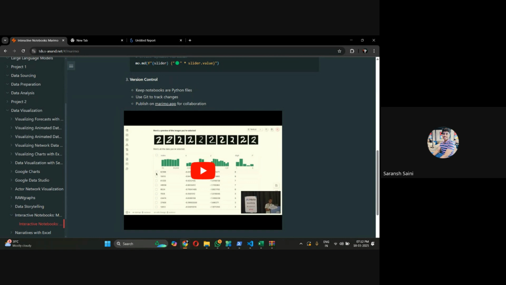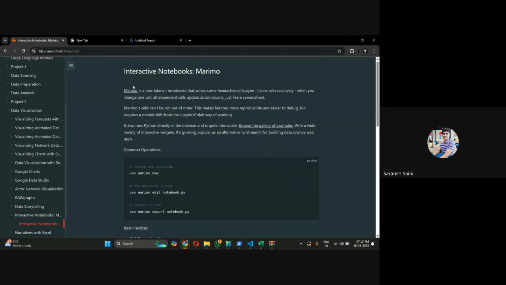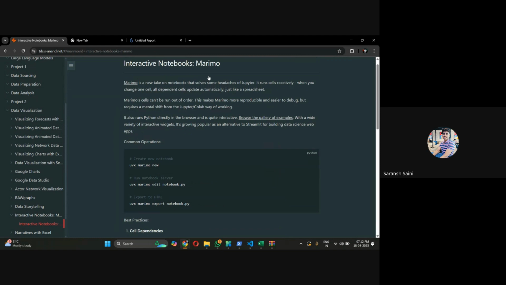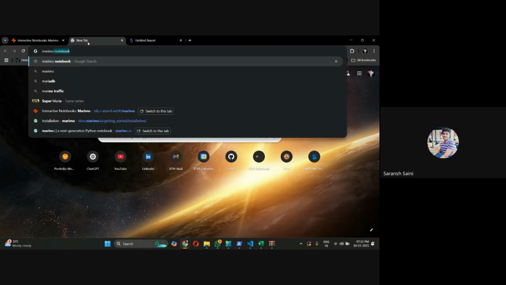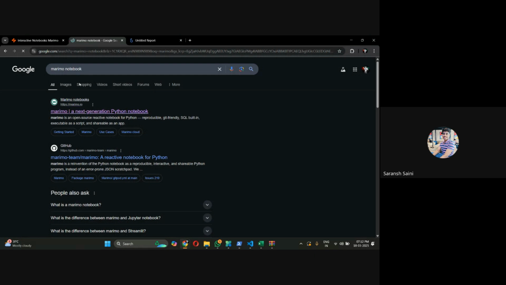Okay. So let's get along with this Marimo now. The thing with Marimo is that it is a kind of Jupyter notebook thing. Let me just go to Marimo, and it's a kind of Jupyter notebook where, in this kind of notebook, the leverage you have, the difference it has with a Jupyter